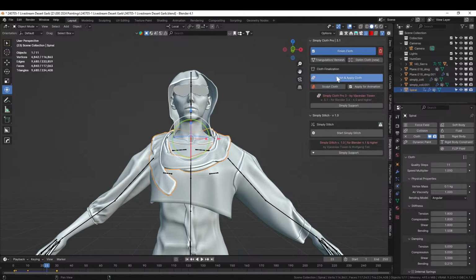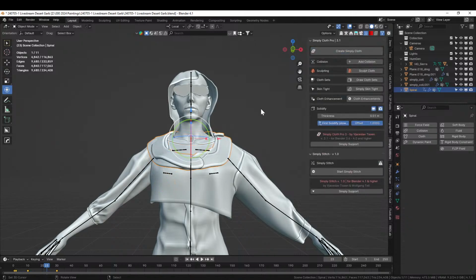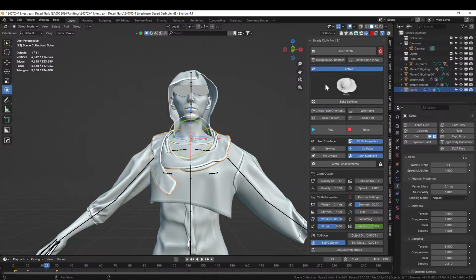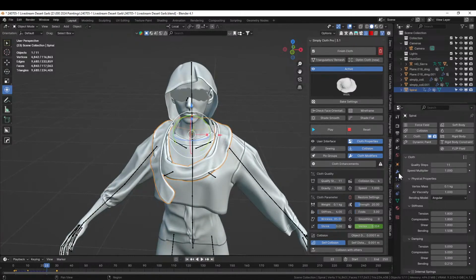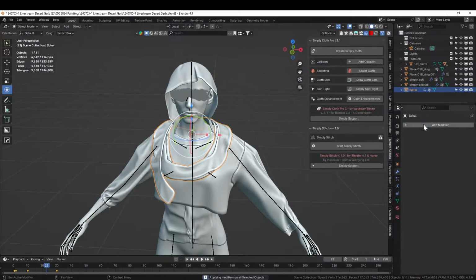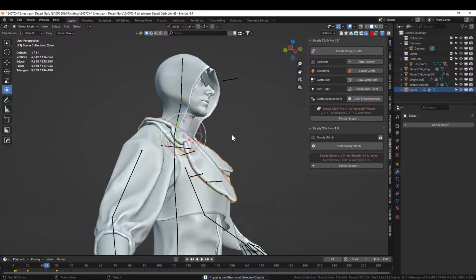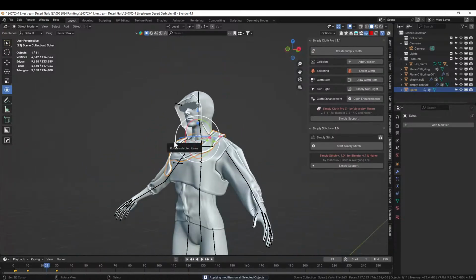This, finish cloth, finish and apply cloth. Do not apply the subdivision. Still doing it. I want it there. Apply all. There we go. Screw you. I don't know why it's being weird, but that solves that. Okay. So